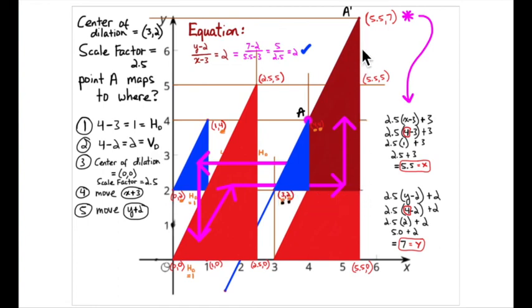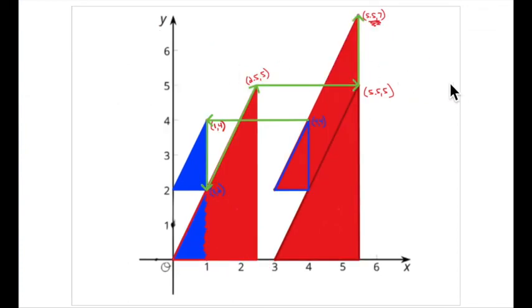Well, the 5 is 2 times longer than 2.5. So that ratio equals 2, so that checks. This point is on the line. So you plug these coordinates into this equation and you get an answer of 2, which shows you that the vertical distance is twice as long as the horizontal distance. So things work. And I did this one more time for you, where I took everything away and